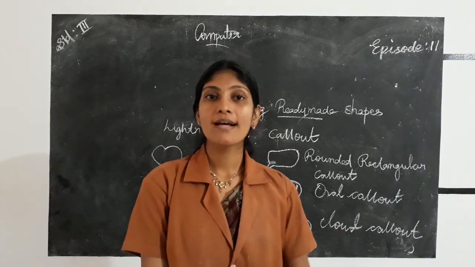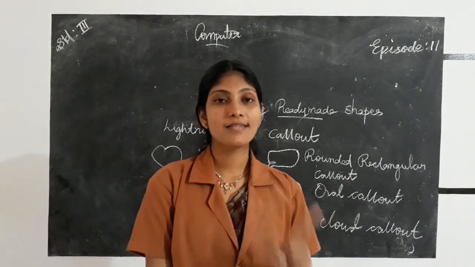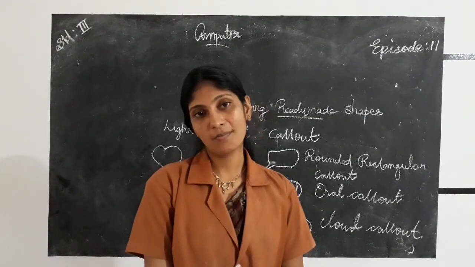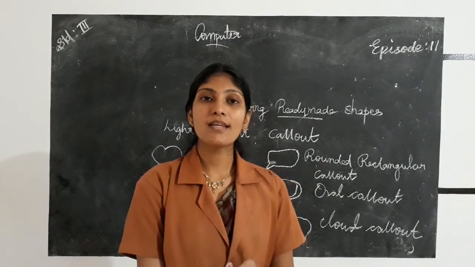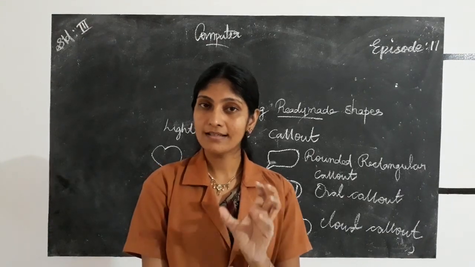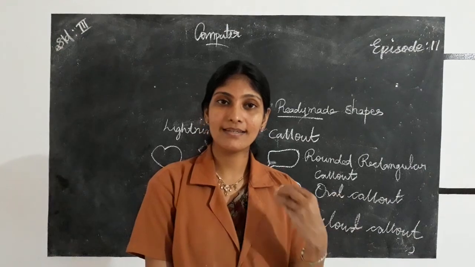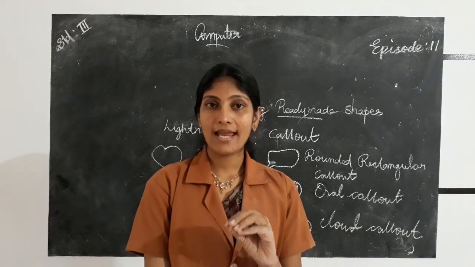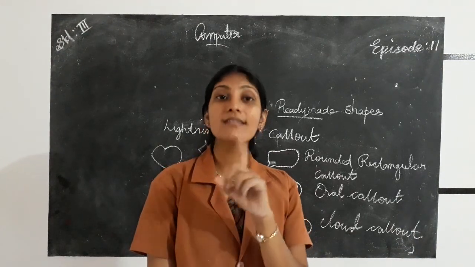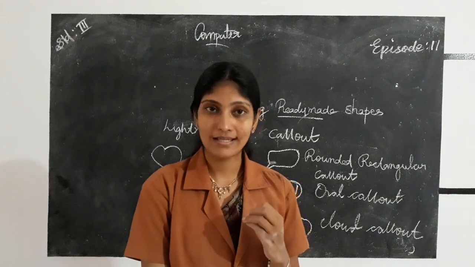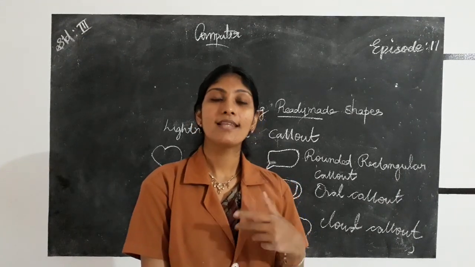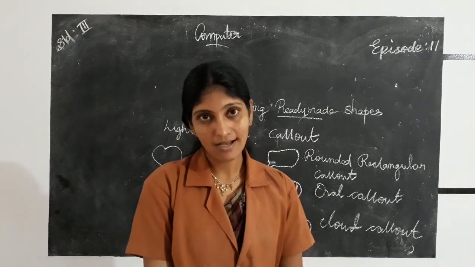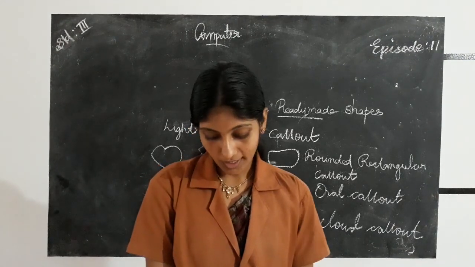So if you want to color the outline of the shape, just go to the foreground color, that means color 1, and click on any suitable color. That means the outline of the shape will be in your chosen color. For example, if you selected green as the outline, go to the color green and click on it. Then finally, the outline of the shape will be green. Then if you want to change the outline to red, select the shape, go to the color group and select a red color. That is one thing we can do.